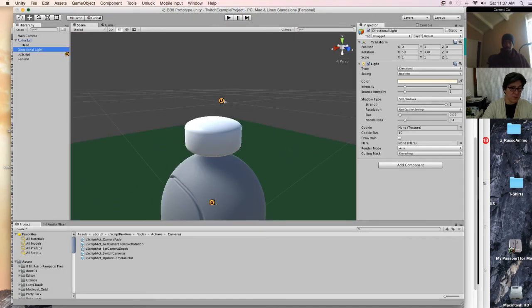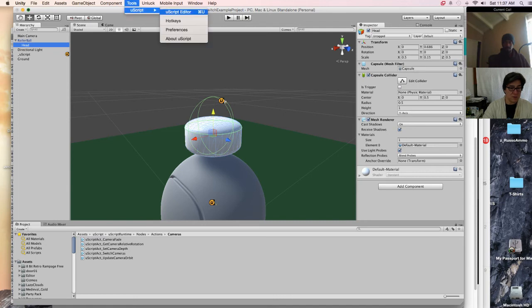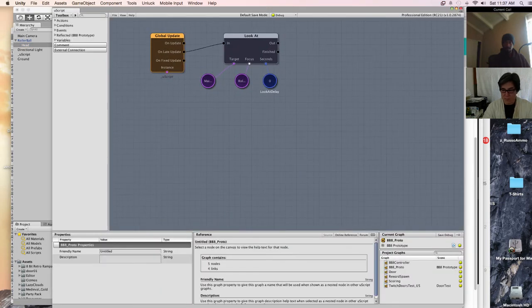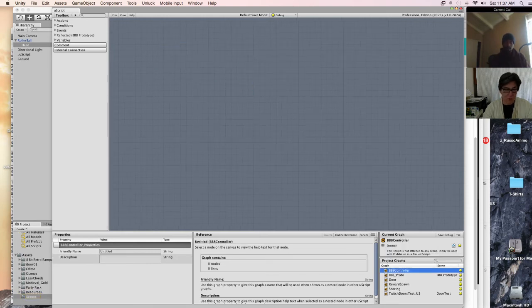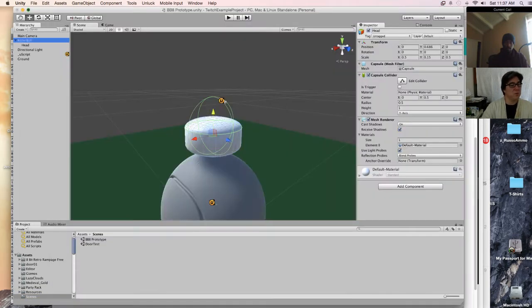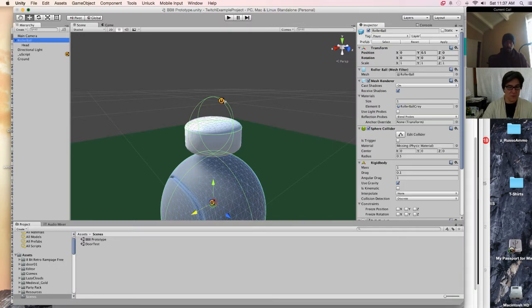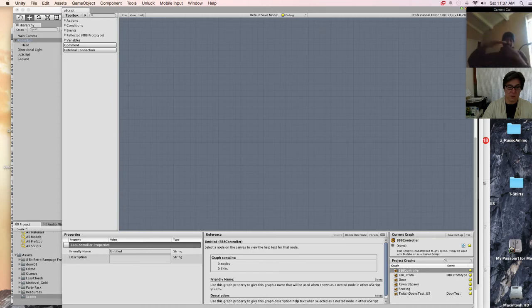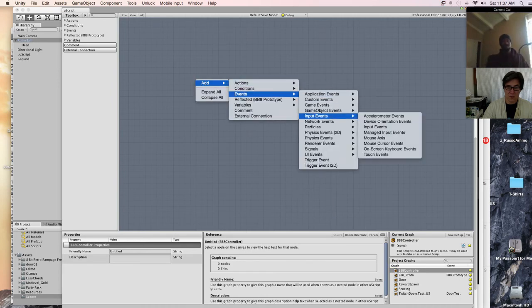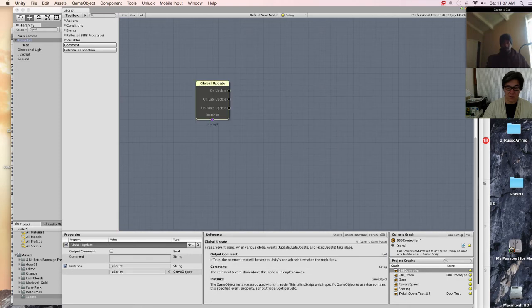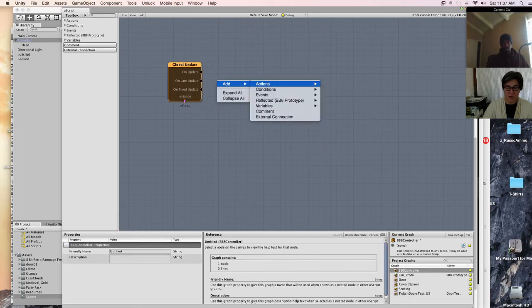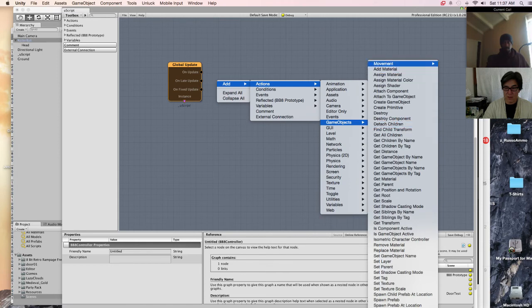Okay, now let's go to use script. So let's think about this. Let's go to the ball controller, and I will attach this to just the roller ball, right? And what we want to do is just have the head follow, right? So have the head float above the roller ball wherever it's going. Right. So add events, game events, global updates on update. So every update action, game object, movement.